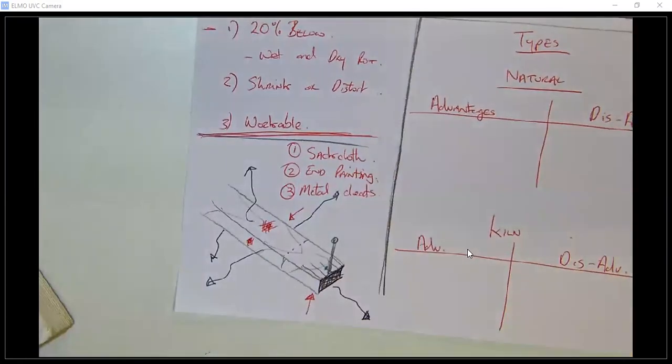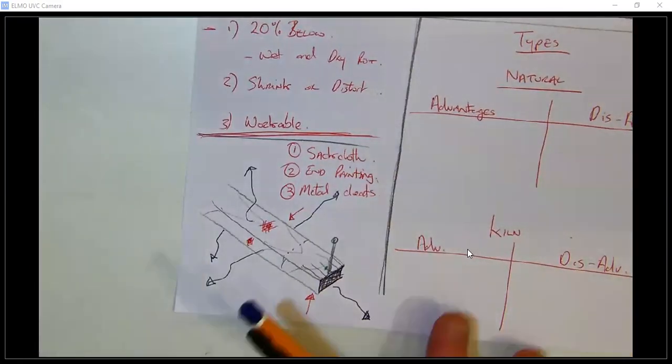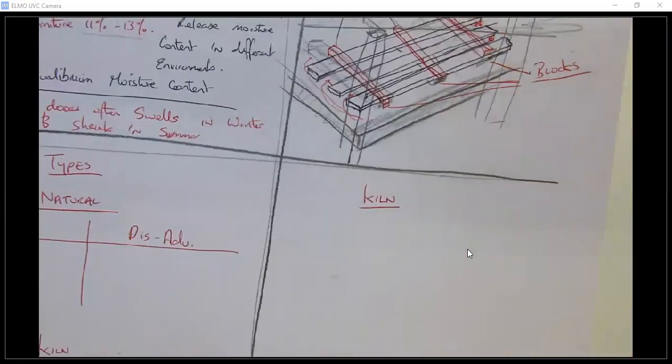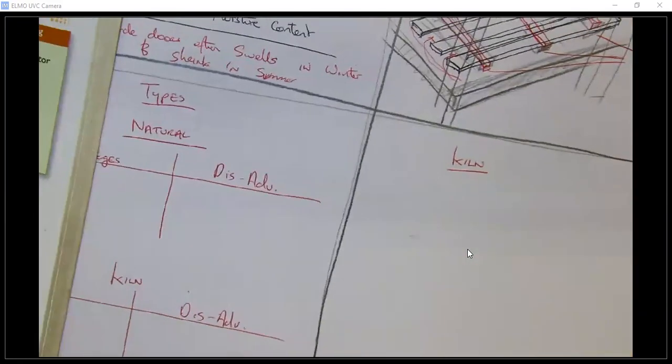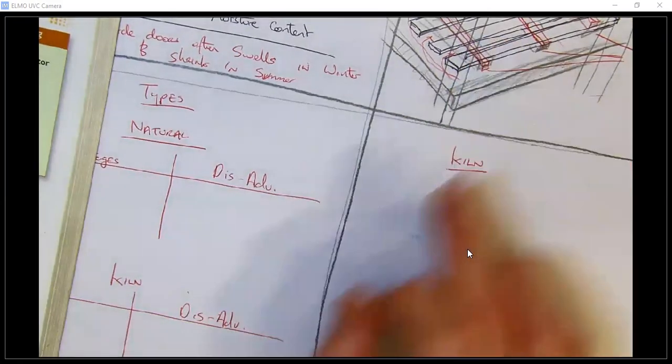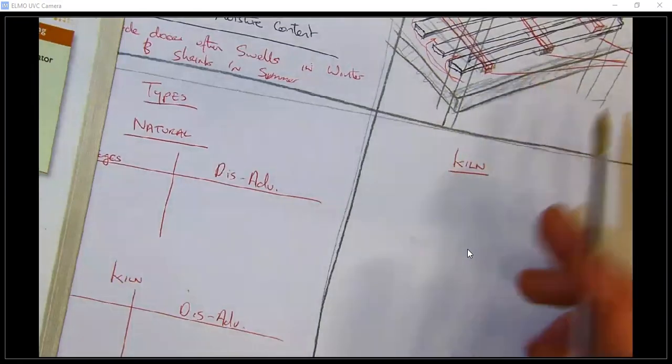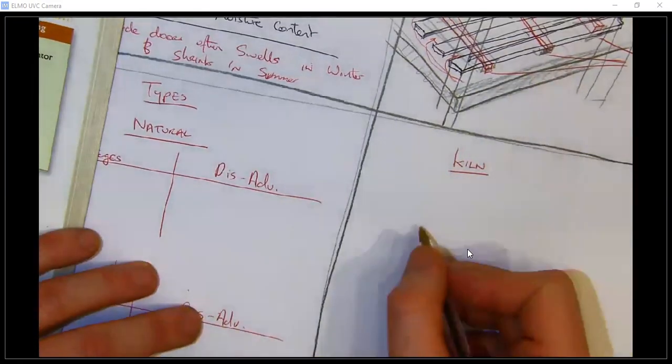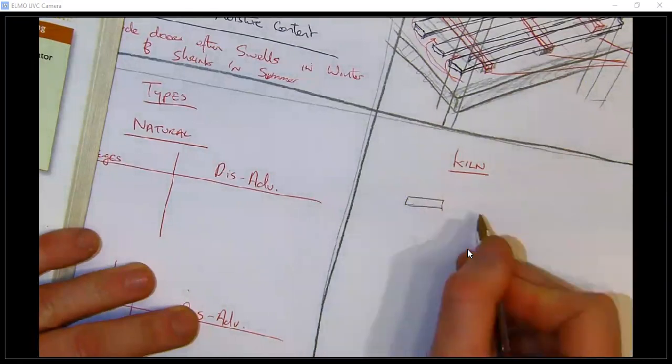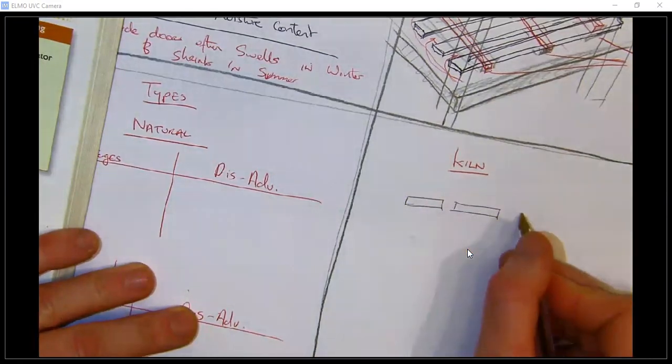All right, so yeah, that's natural air seasoning, guys. We're just going to have one look at kiln seasoning. Kiln seasoning, guys, is basically where we use the exact same method as natural air seasoning for spacing out our board. So if we look at the end of a stack of boards which we've gone through a